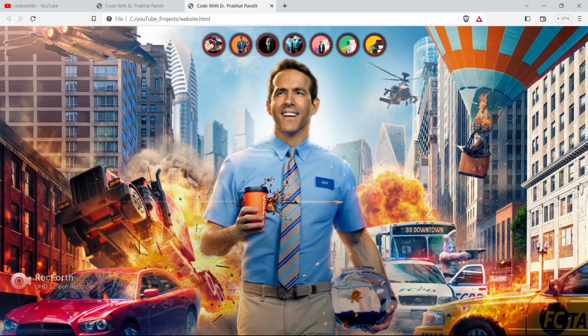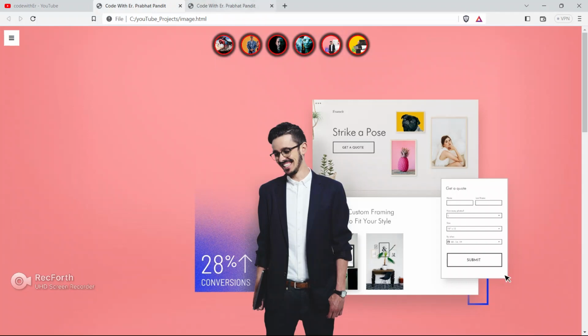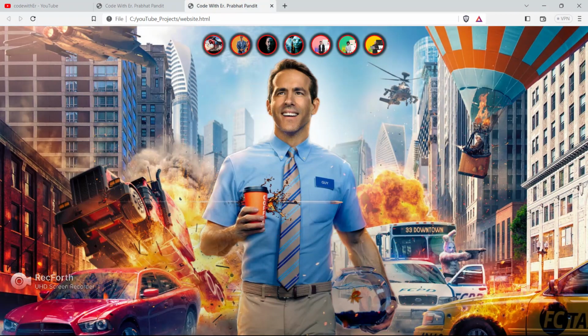See guys, boom, we are here now. We have got this circle. Now whenever anyone clicks on this circle, we are going to change the background image. Whenever anyone clicks on the circle, we will change the background color, and we will do this by using local storage, so that after refreshing the page or closing the page, the background will remain the same. That's why we are gonna use local storage here.